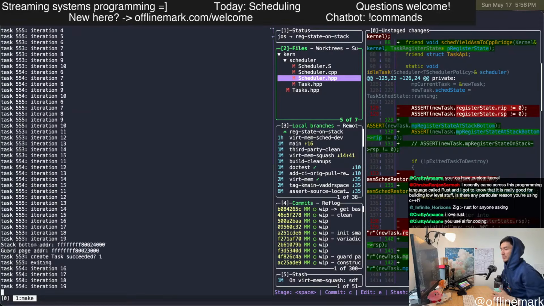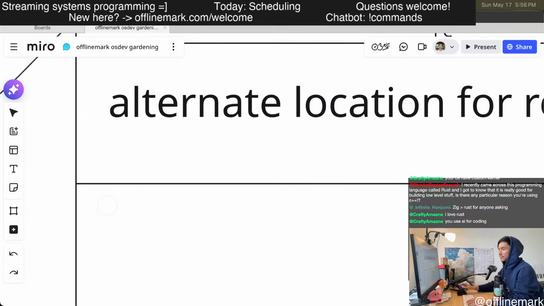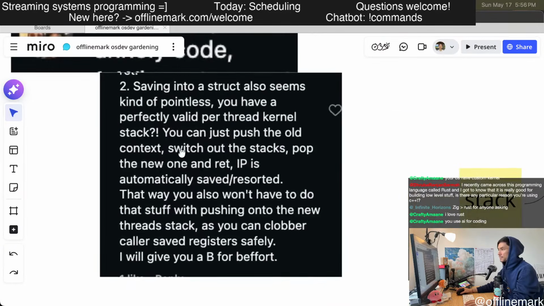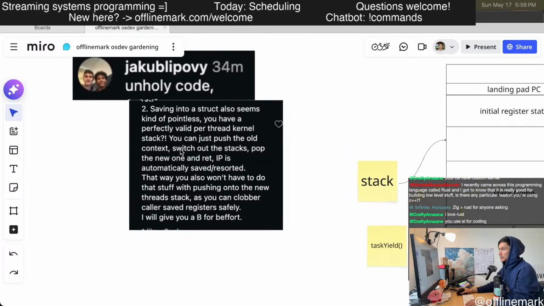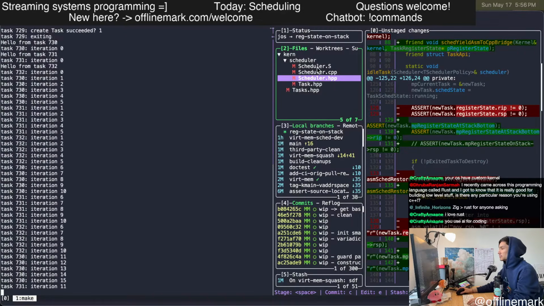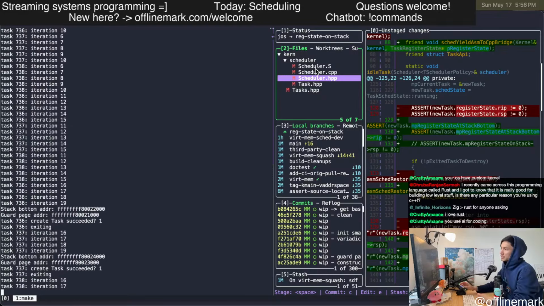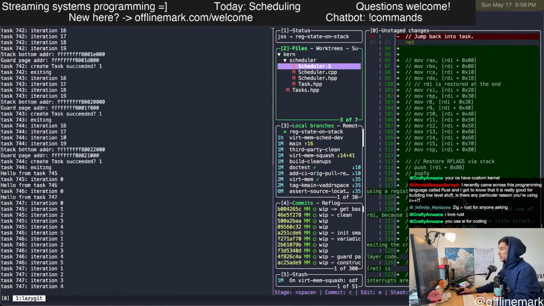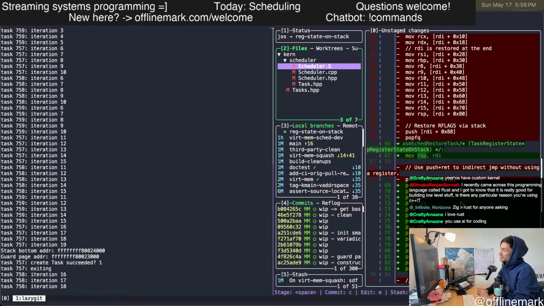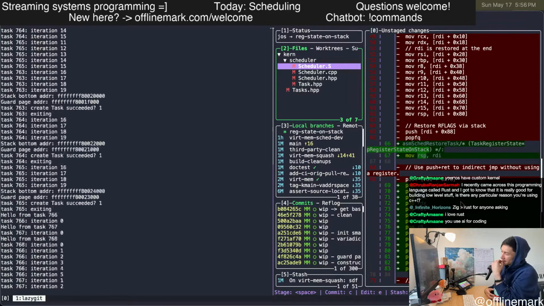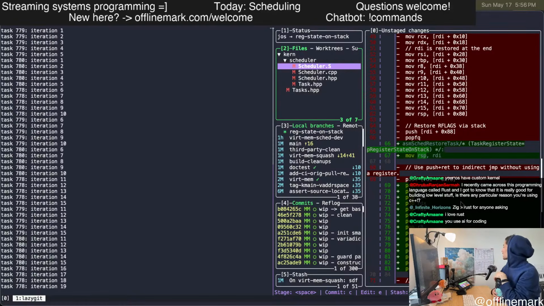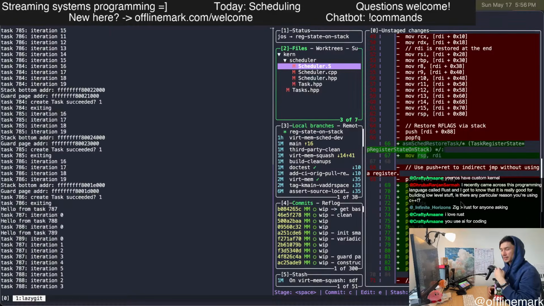So we got our thing working, and this was all based off of that design critique that I got on Instagram, and we have implemented it, and it seems to have some merit. Seems nice how it simplifies the assembly a little bit. It does kind of complicate the object layout, or stuff like that.